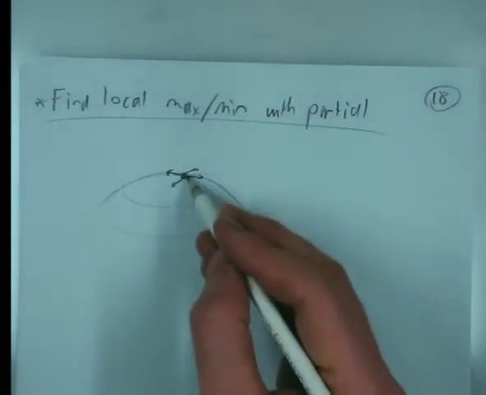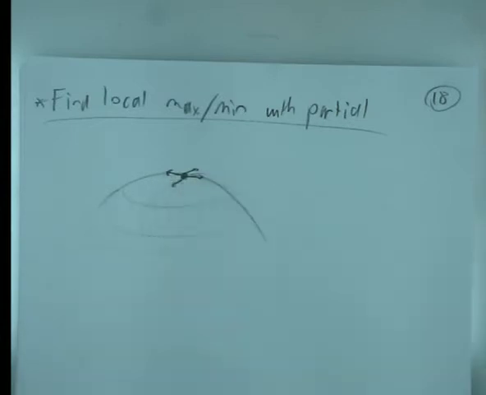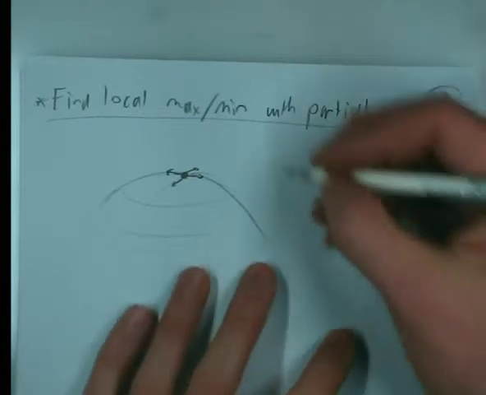So at that exact spot, no matter which direction I come from, it should be flat. At that exact spot, it should be a slope of 0. So the rate of change of f with respect to x at that exact moment should be 0. And so at any local maximum,